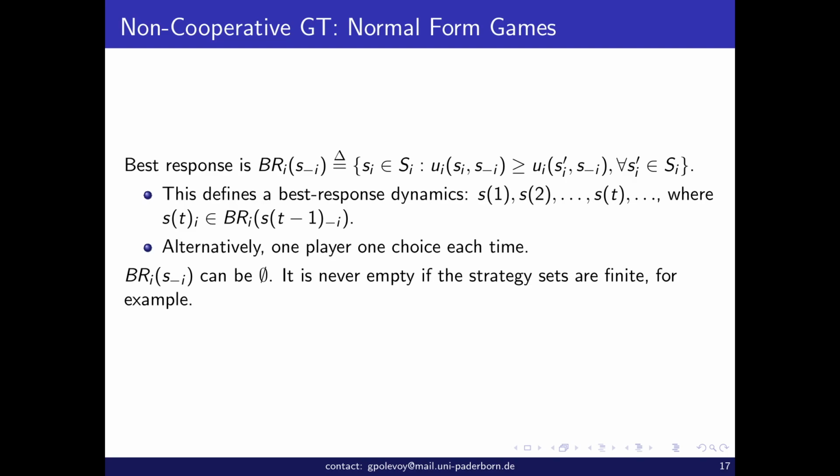So first of all, define a so-called best response of agent i to strategies of the other agents. The strategies of the other agents are denoted as S minus i, and the best response of agent i to the strategies of the other agents is the set. It can be the empty set, it can be the set of all the strategies of S_i. It's the set of all the strategies in the set of that agent's strategies, such that the utility that agent derives from playing that strategy is at least as high as that agent would get from playing any other strategy against S minus i.